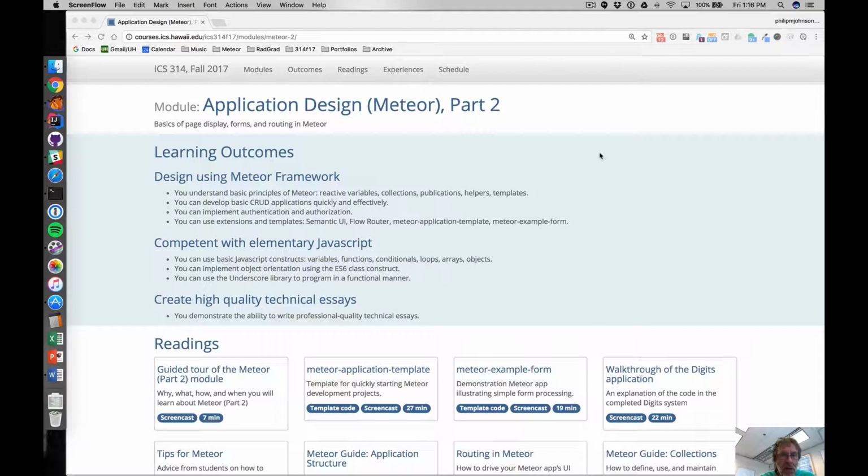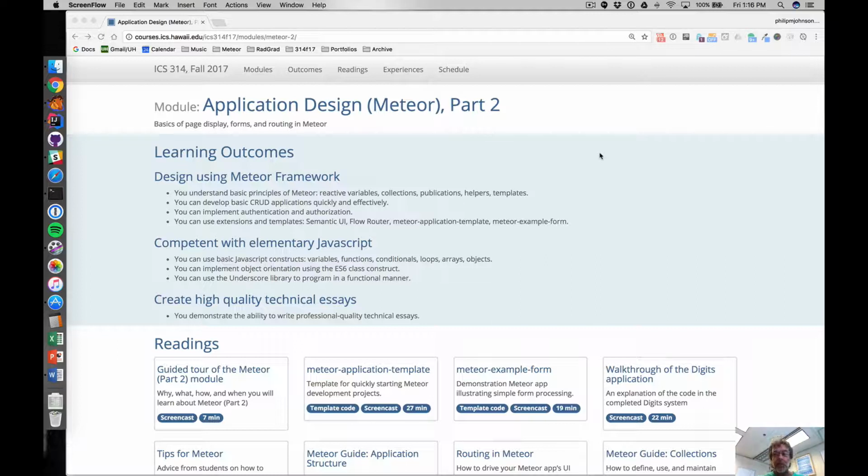The last module, the first module, was one in which I basically just wanted you to type along with people. And I didn't expect you to have a deep understanding of Meteor by the end of that. But I did want you to get a conceptual overview and understand, oh, there are these things called helper functions, but I don't quite get how they work, but I know they're important. So if you got that kind of insight out of the last module, then that's pretty good for the first